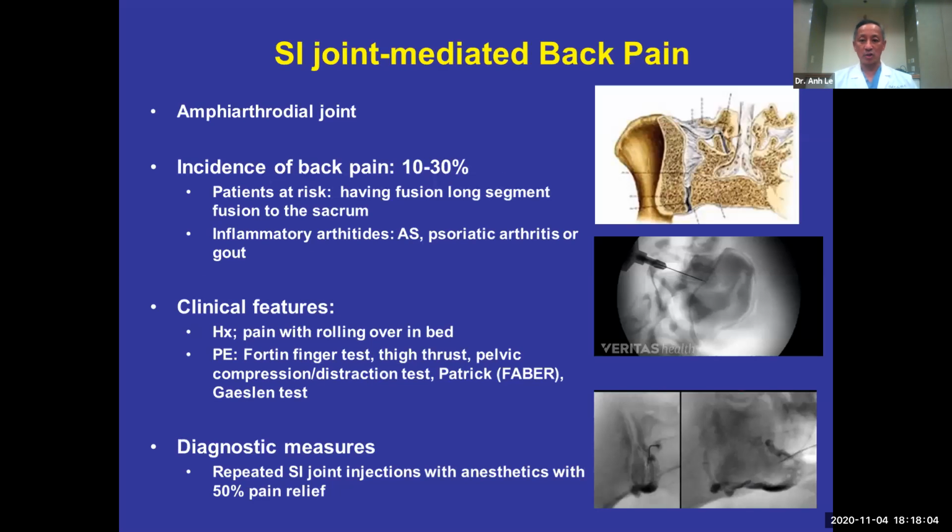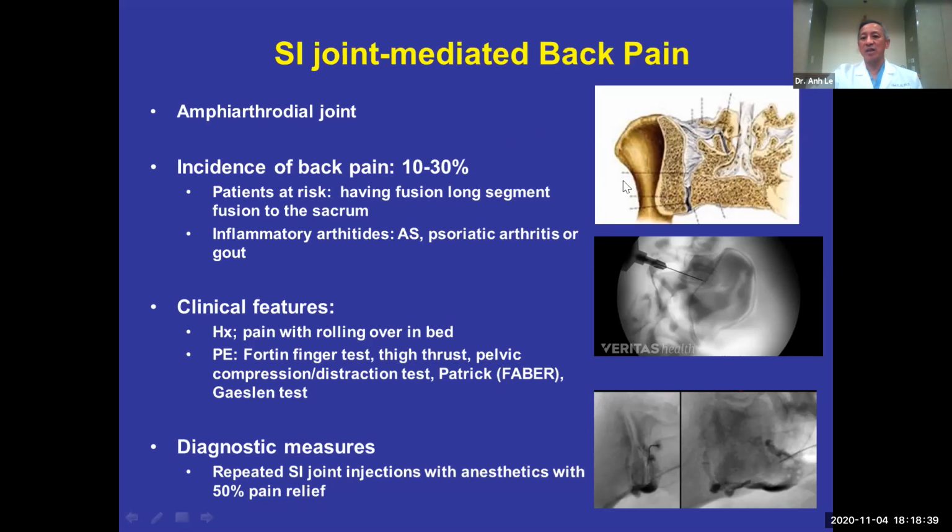The last structure that occasionally, in 20% of the cases, gets blamed for low back pain is the SI joint. The SI joint is the sacroiliac joint. Here's the iliac and the sacrum. The articulation here takes the form of what we call a nutation, which means a rotation of the iliac or the sacrum front and back to each other.